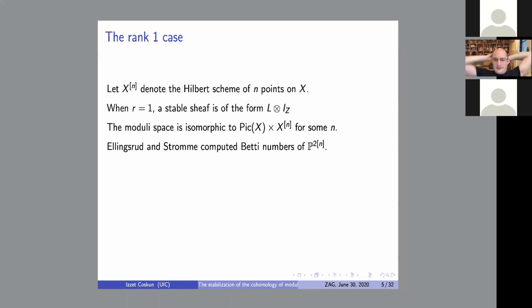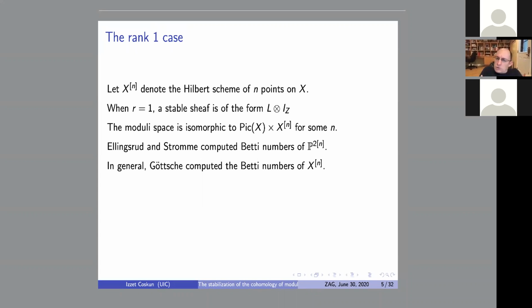And in that case, the topology was computed around the 80s. It started with, I believe, Ellingsrud and Strømme, who computed the Betti numbers for (P^2)^[n]. Then Göttsche in general computed the Betti numbers for any surface. And I'll tell you the formula in a second. But maybe before we do that,